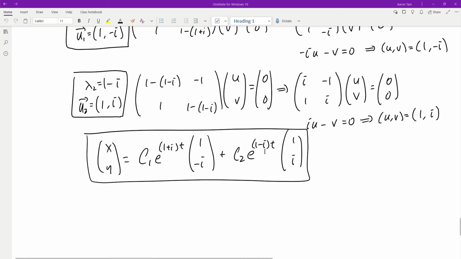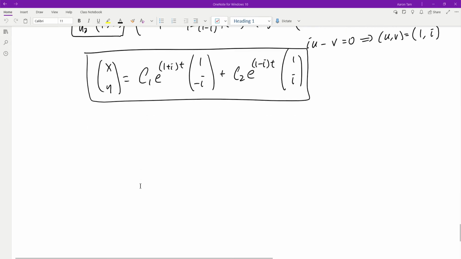The only problem is that in this solution we have a complex exponential, e to the 1 plus it and e to the 1 minus it. So what we're going to try to do is figure out how to rewrite that properly into sine and cosine functions, which is what we think is going to happen. So let's go and give it a try. So therefore, this would equal to